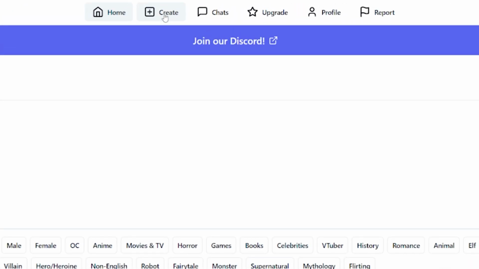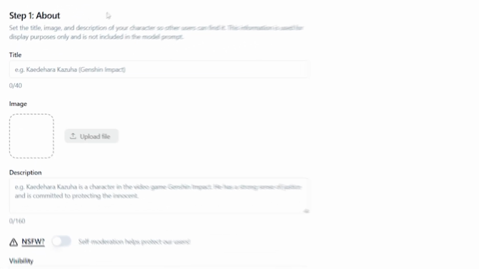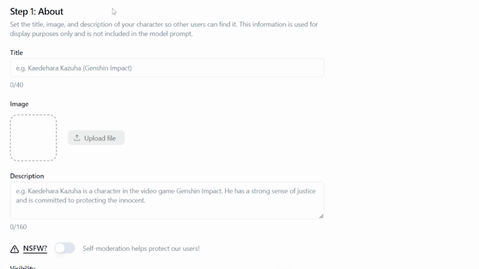When you're on the homepage, you just hit create up here. So step 1 is the about section. Now this has nothing to do with the AI itself. This is just like a description for other people on this site if you choose to make it a public character. And for this one, you do actually have to have an image,